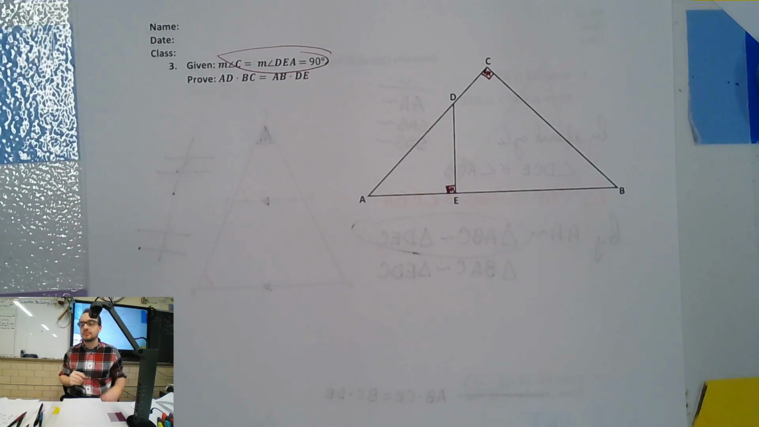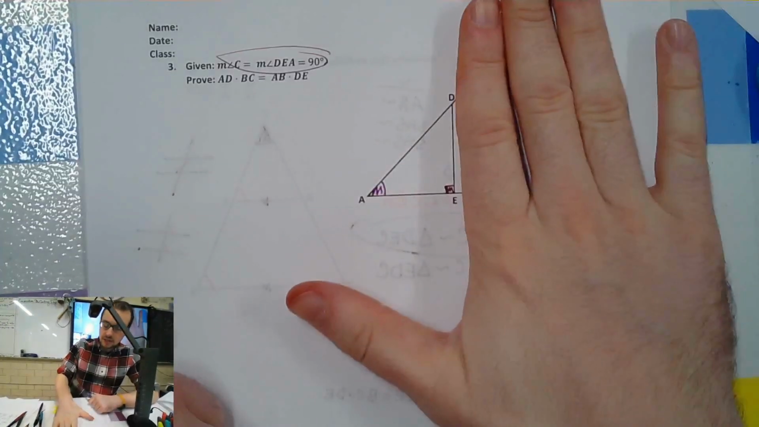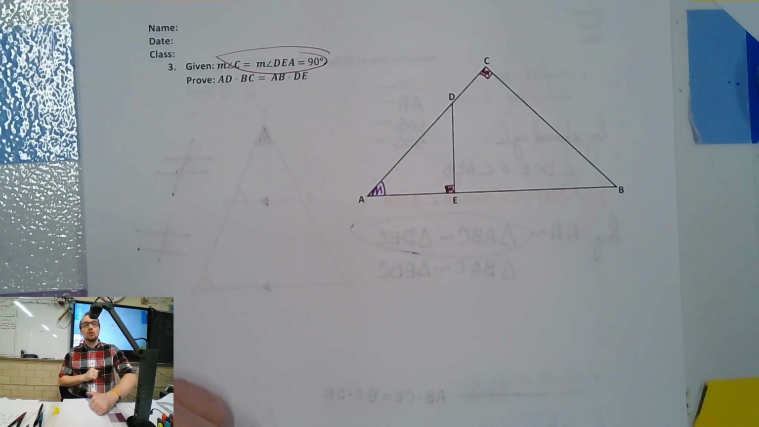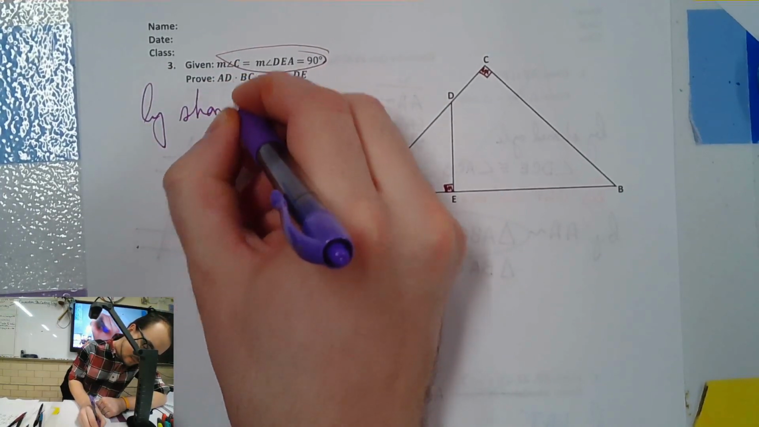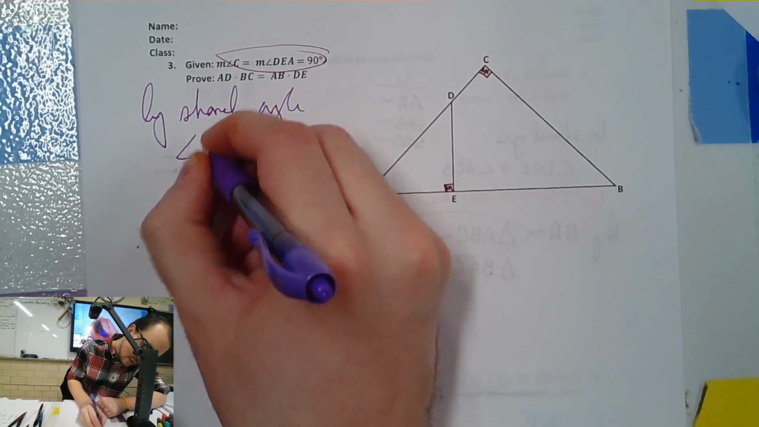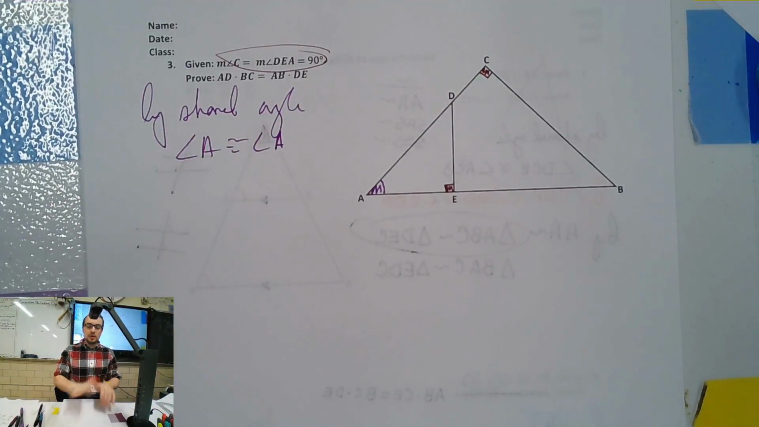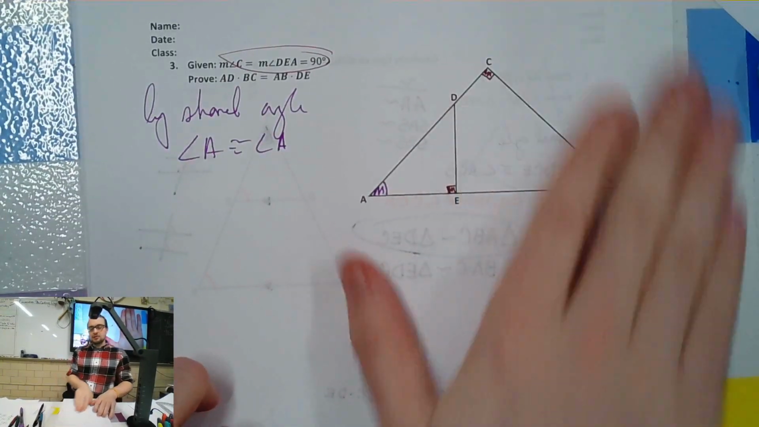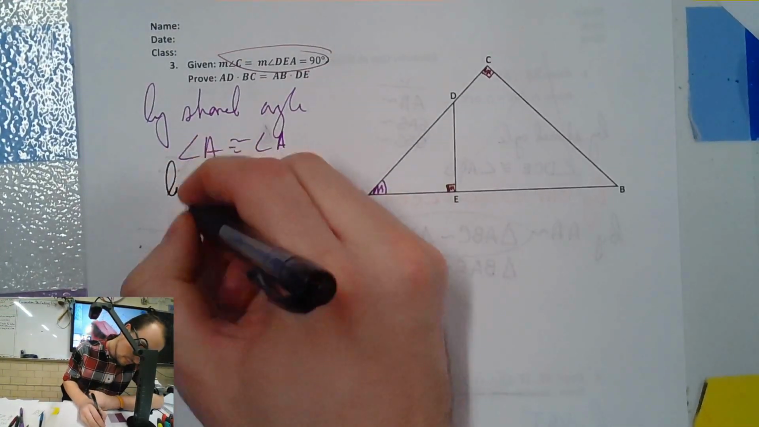Go ahead. Yep, angle A is shared for both. The small triangle uses A, and the huge triangle uses A, right? The whole thing. Not part of A, not half of A, but all of A. So we can say by shared angle, angle A is congruent to angle A. And now we've got two angles in both triangles, right? We've got two angles here, a purple and a right angle. And we've got two angles here, a purple and a right angle. So by double A similarity,